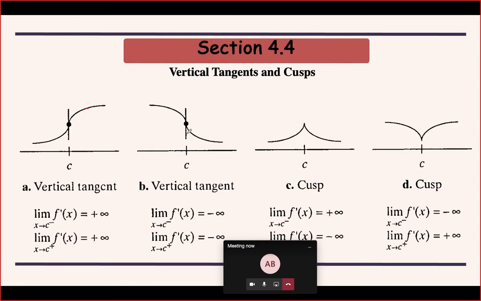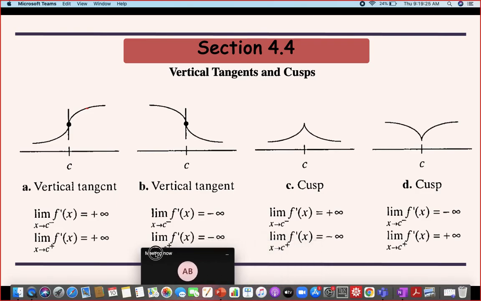In these two cases, you are going to get a vertical tangent, and this is how a cusp shape looks in a graph. In this case, you have one limit being plus infinity and the other limit being minus infinity. To the left of c, f dash is positive, so the function has an increasing behavior to the left of c, and to the right of c it has a decreasing behavior, so it is going to fall, and there will be a sharp change here.